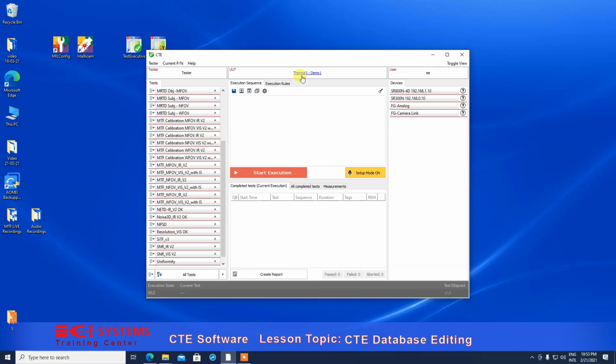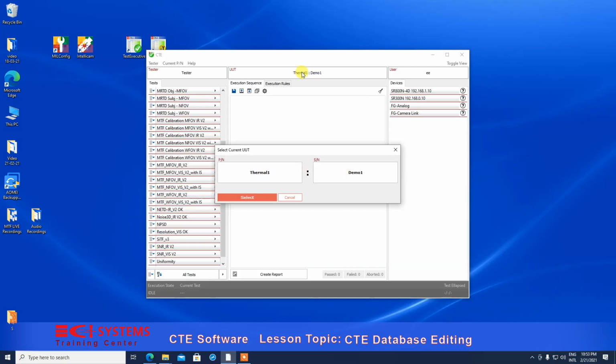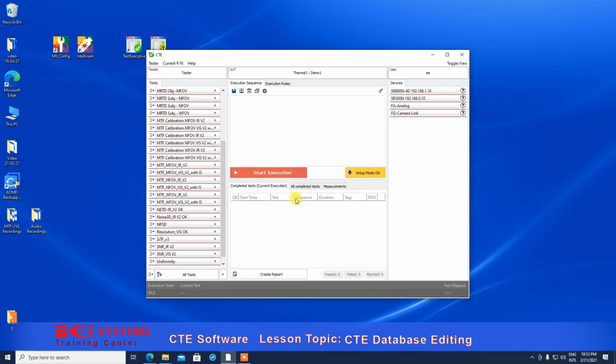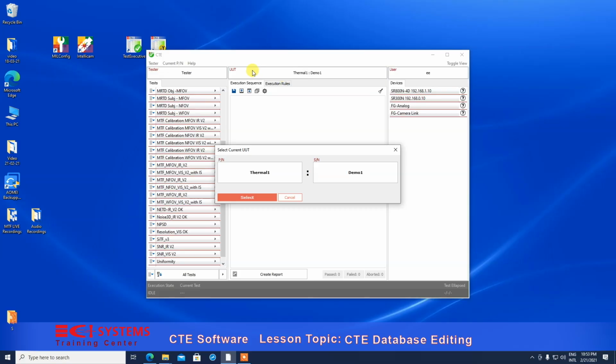I want to create another part number. So again, I click on the UUT panel. Currently, thermal 1 is selected, but we're going to create a day camera. So we're going to click on the active edit area of the part number and add a new part number. Let's call this part number